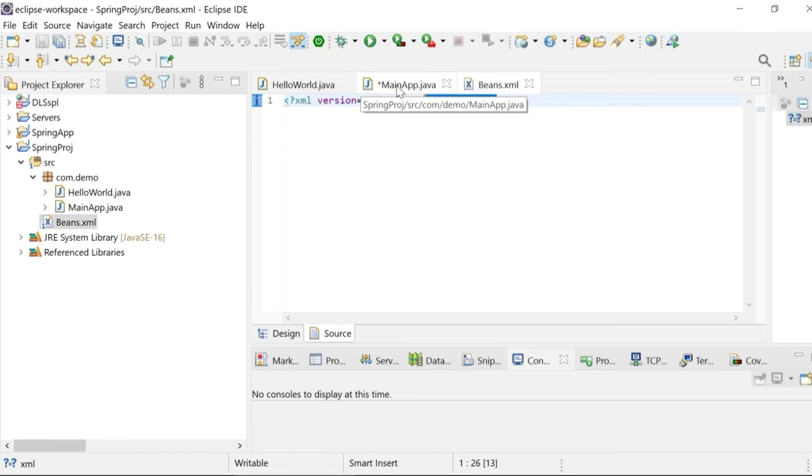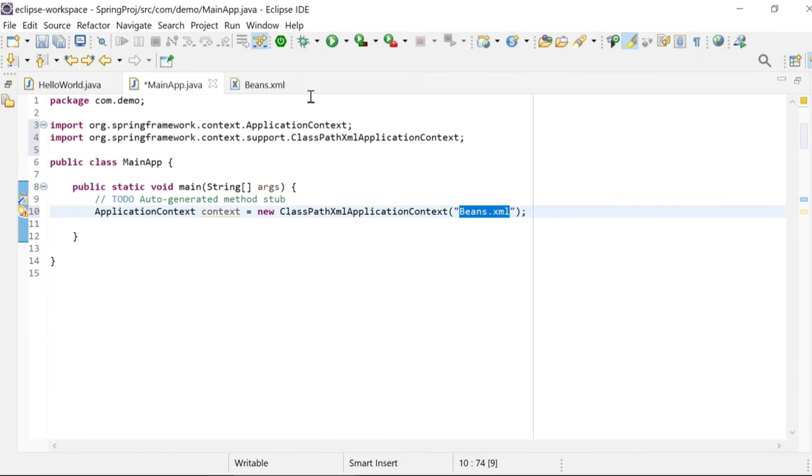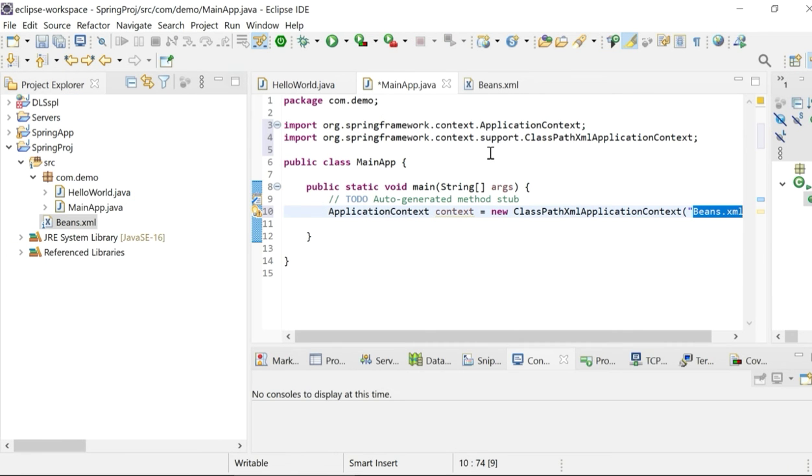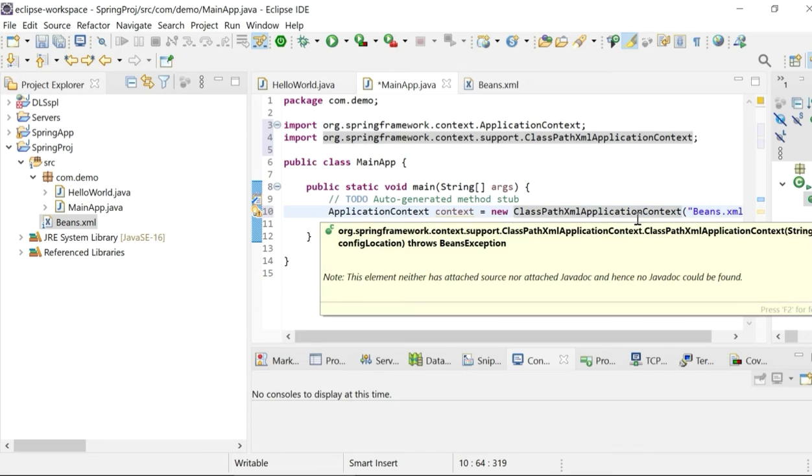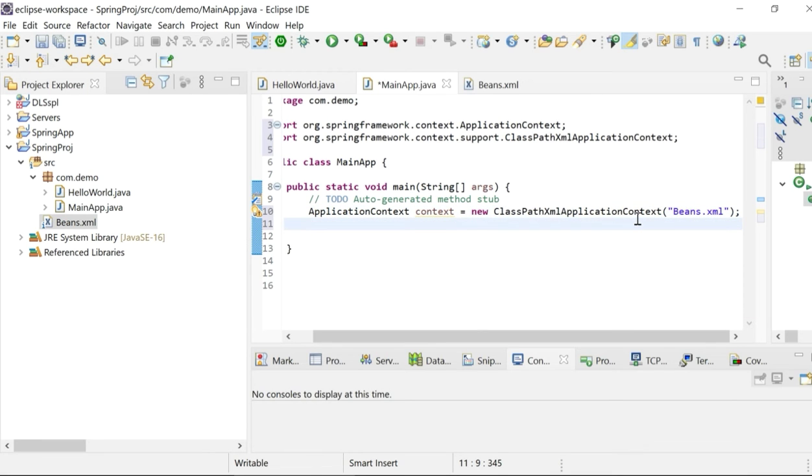Okay, so let's get back to the main app.java file. Here we created the application context, and the context reference variable name is context.